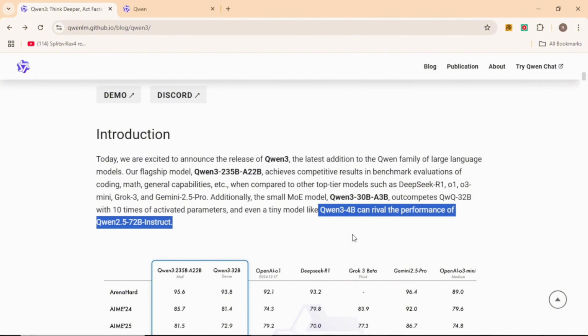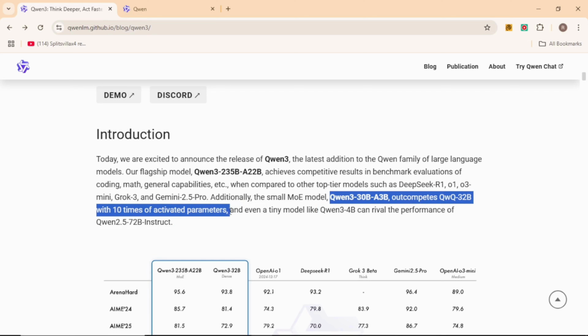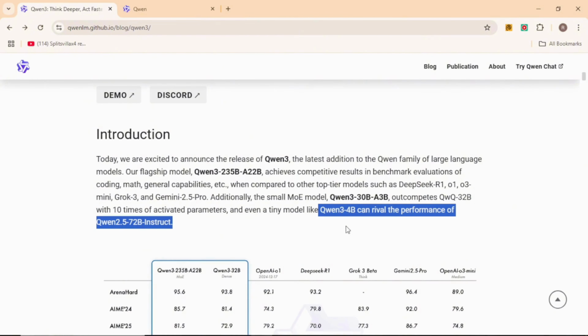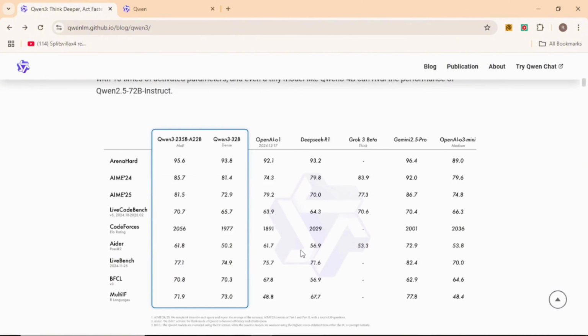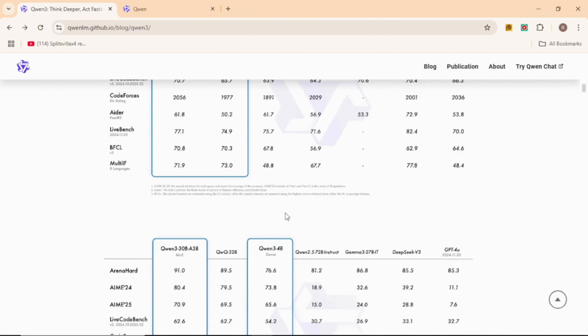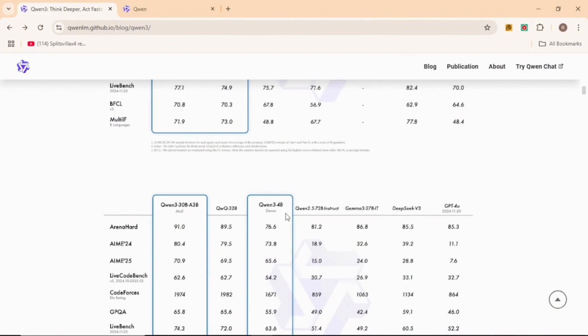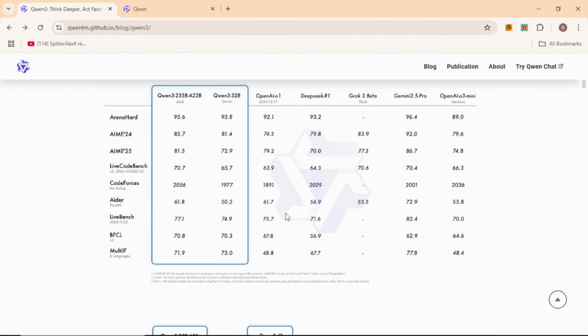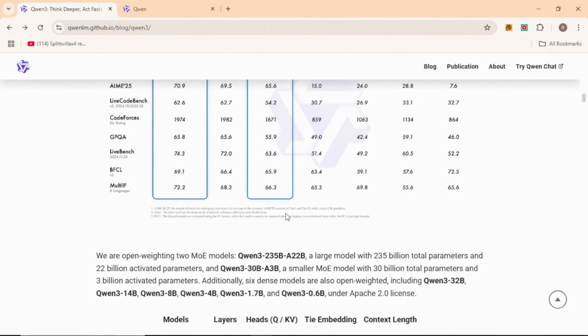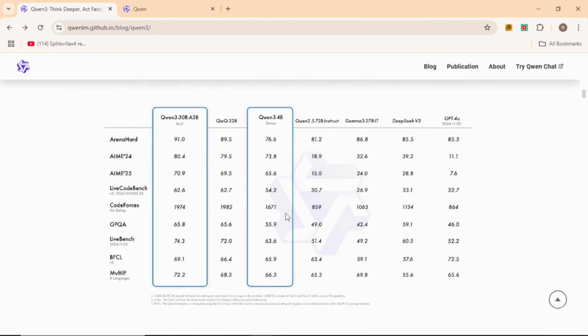Now, let's talk about the flagship model that really stands out in the Qwen 3 lineup. This powerhouse has a staggering 235 billion parameters with 22 billion active parameters. It's an AI model built for massive scale operations, capable of performing a wide range of tasks from natural language processing to complex analytical tasks. But what really sets this apart is not just the size, but the fact that smaller, more efficient models are also available. For example, the 30 billion parameter model with 3 billion active parameters offers exceptional performance at a fraction